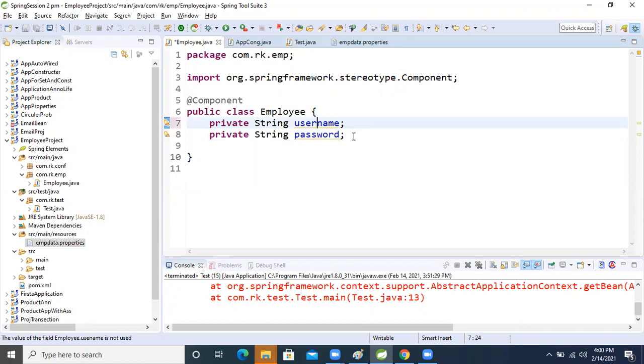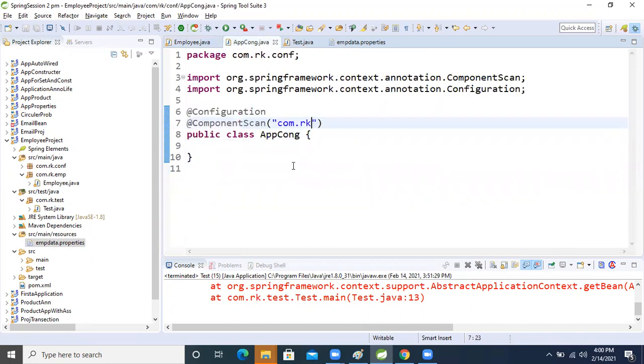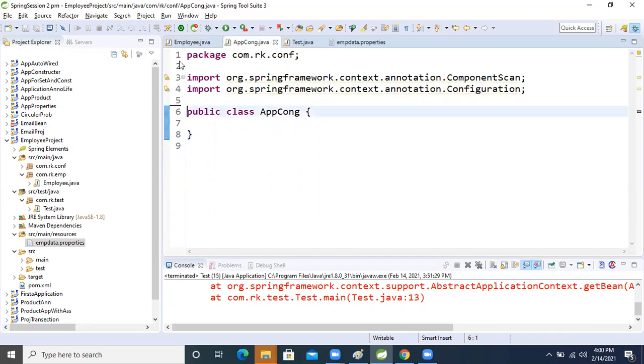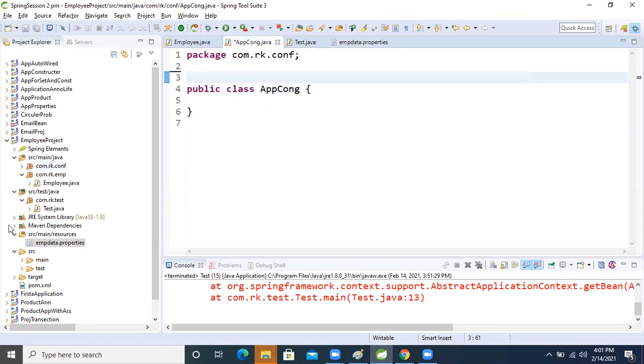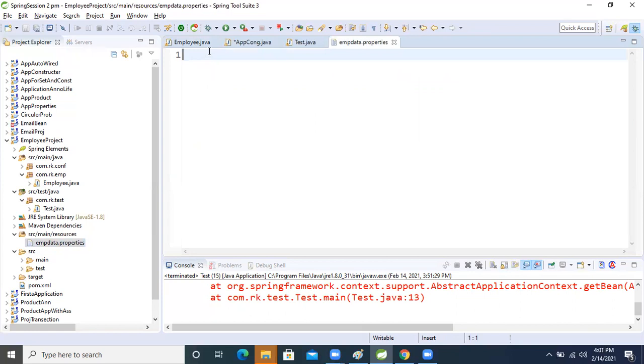Username. So now, if we want to inject, okay, I'm removing these things here also. I will give the visualization, friend, so it's all just visualization. So what I did is I created one employee property file in the project. Now I want to read this data from the property. For the username, I'm taking user, just Pankaj.